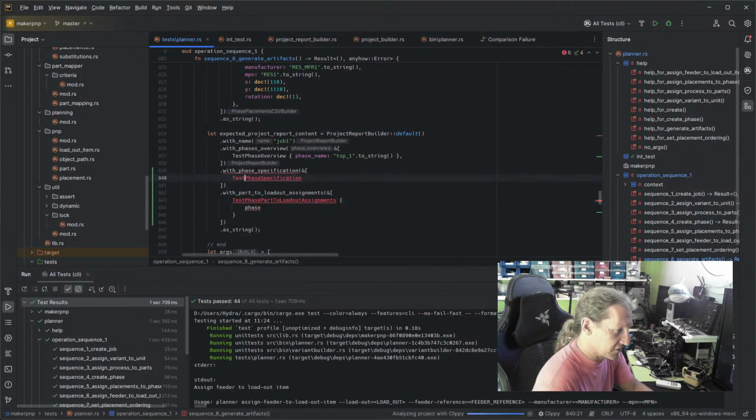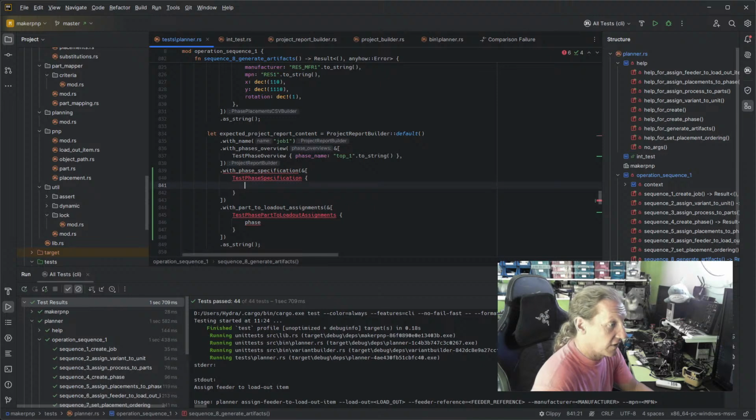Test phase specification, right? And this can be an object that can have loadout assignments,